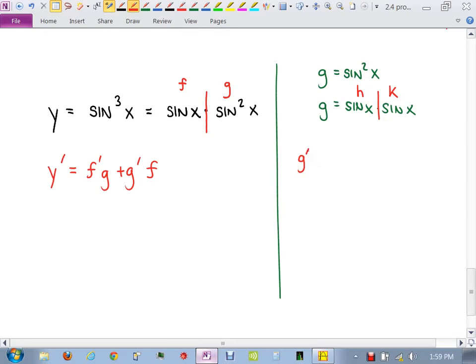Then what is the derivative of g according to the product rule? H prime k plus k prime h. Do y'all see how that works? We just have a generic formula for product rule, using anything you want as far as letters. So g prime would then be the derivative of h, which is cosine x, times k, sine x, plus the derivative of k, which is